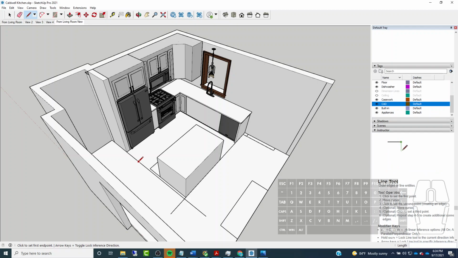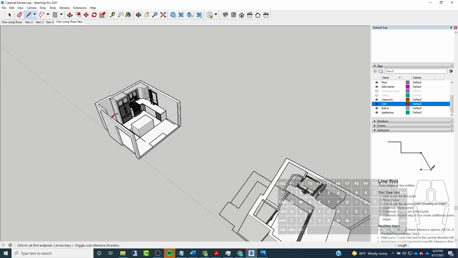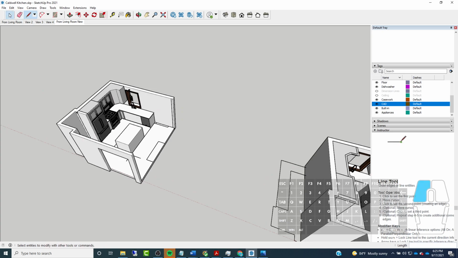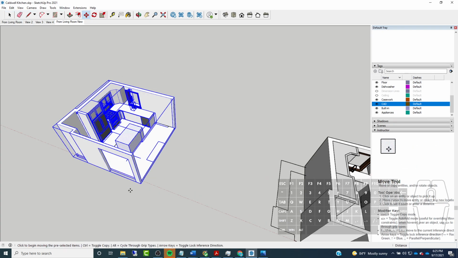If you just want to use it as a tool in the initial stages to block out the space, to get an idea of flow and make sure that things are going to work, it's great for that. All right, so that's what I did here. I just basically sketched out some basic shapes and was kind of just working with what I had to see what was a possibility. So after I did that, all I did was just copy the entire thing,